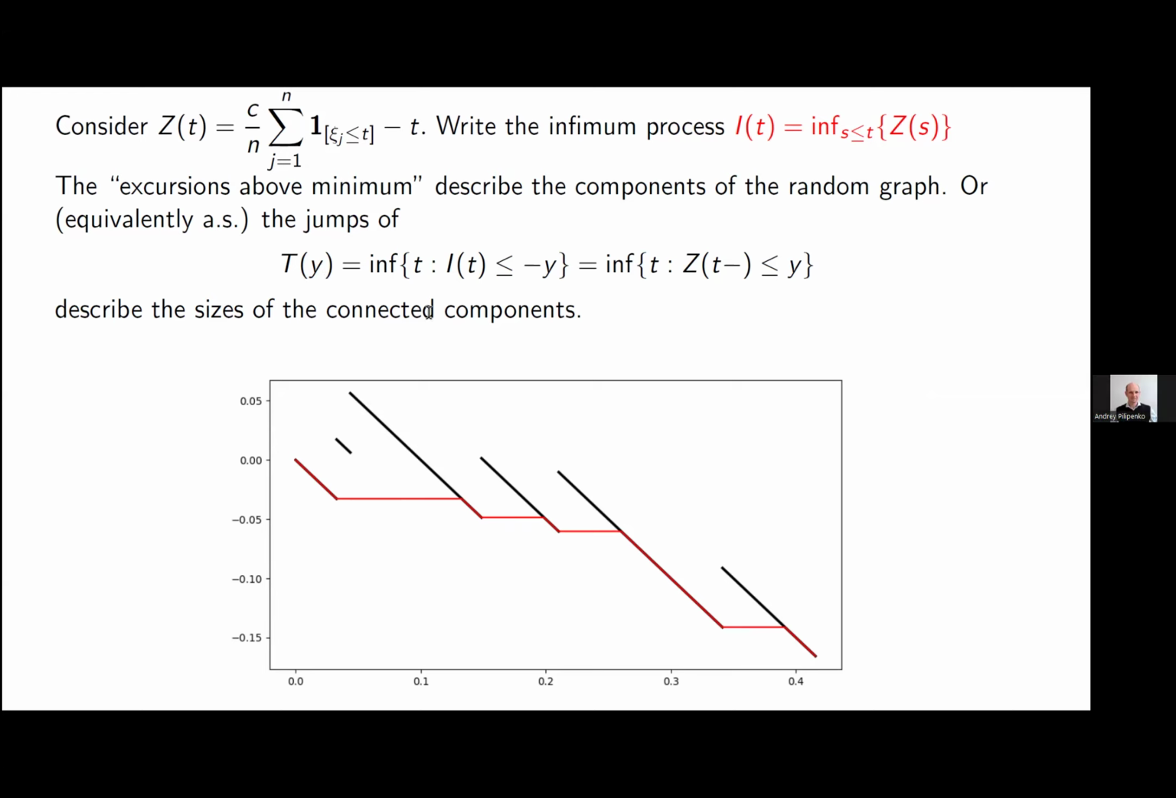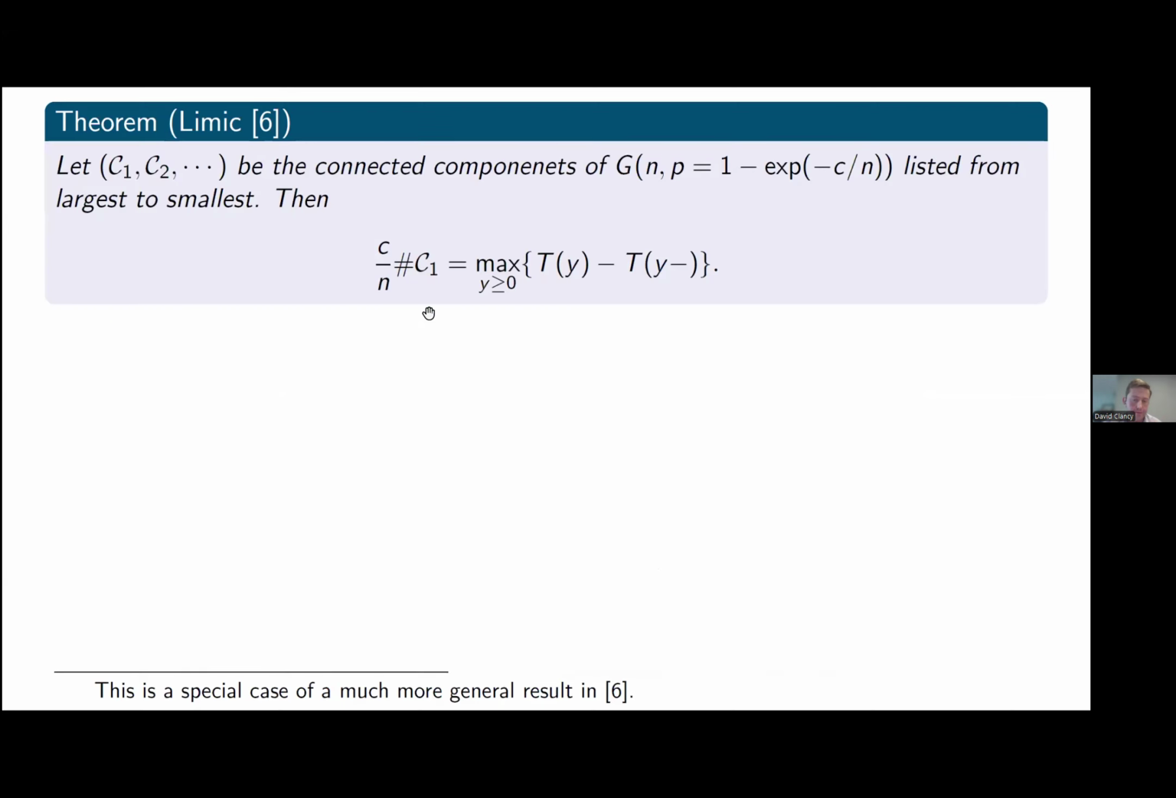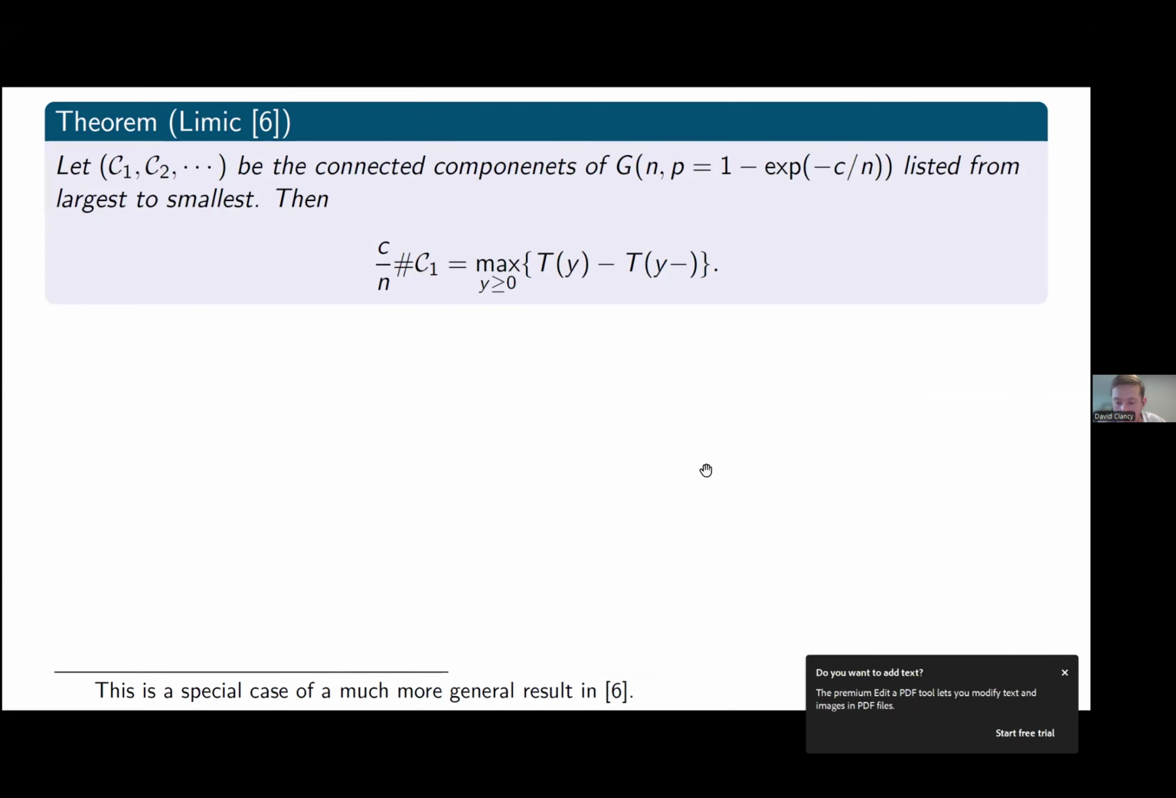So we have this translation. Connected components relate to these excursion intervals, or the jumps of the first hitting time. Right. So there's this wonderful theorem by Vladimir, of which I'm only mentioning some consequences, that if we order all the connected components of